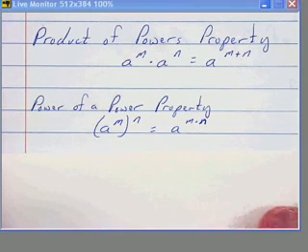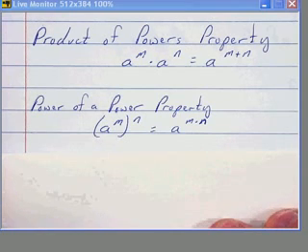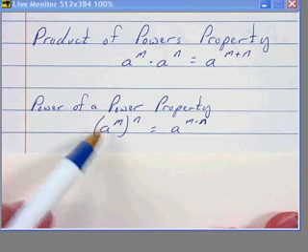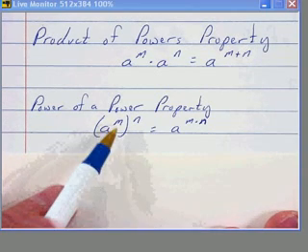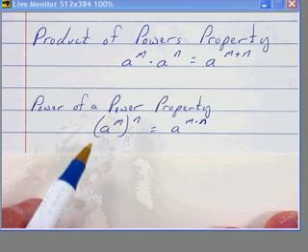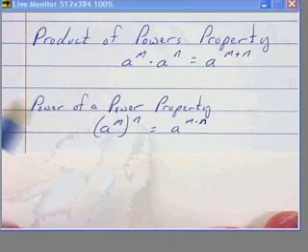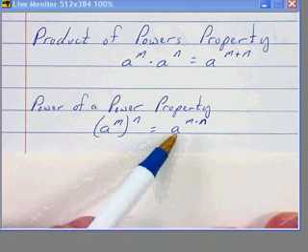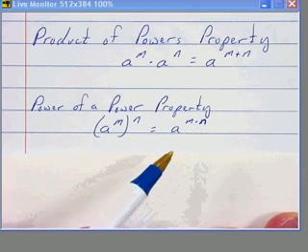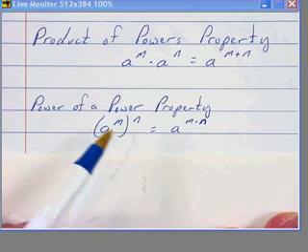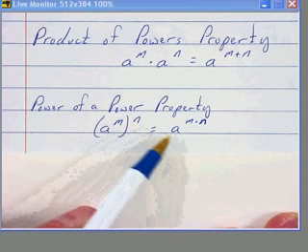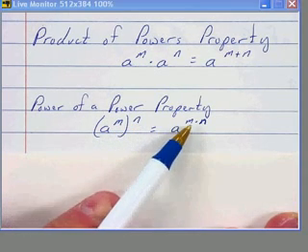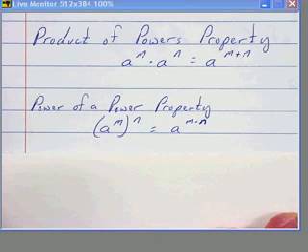The second property is called a power of a power. And what that means is when you have a number, a base number, a, raised to a power m, and that whole thing is raised to a power n, to get your answer, you write your base down, and then you multiply the two exponents. So a to the m, all raised to the nth power, is the same as a to the m times n. I know it sounds like a mouthful, but it's the algebra that is involved in solving these types of